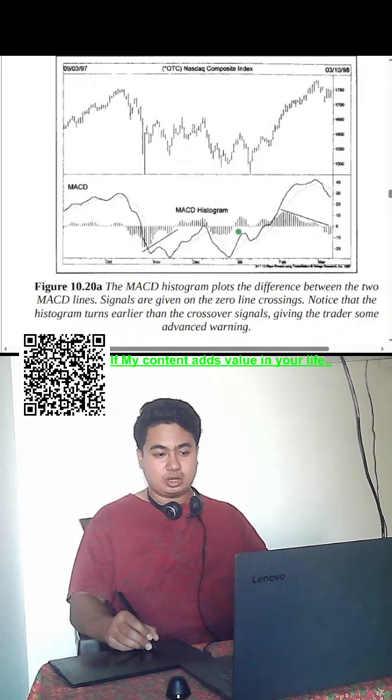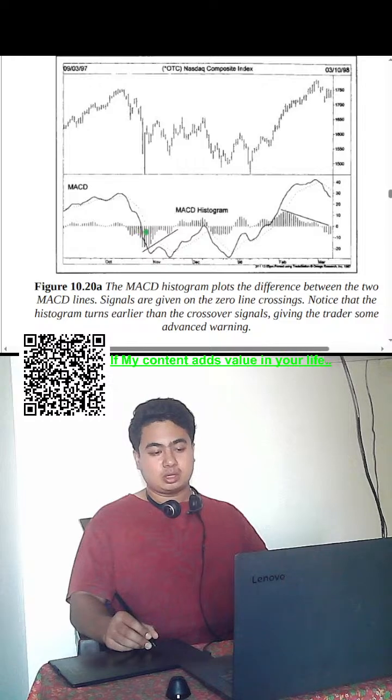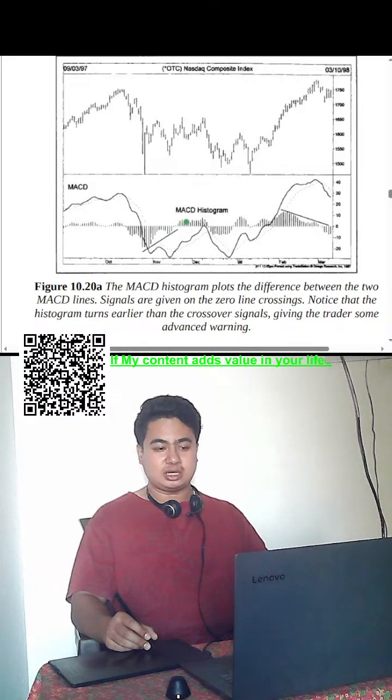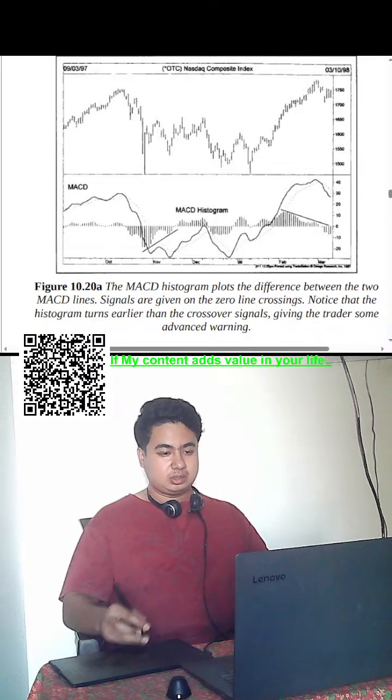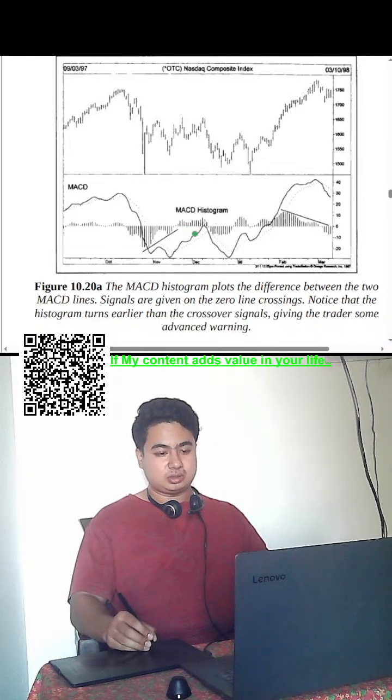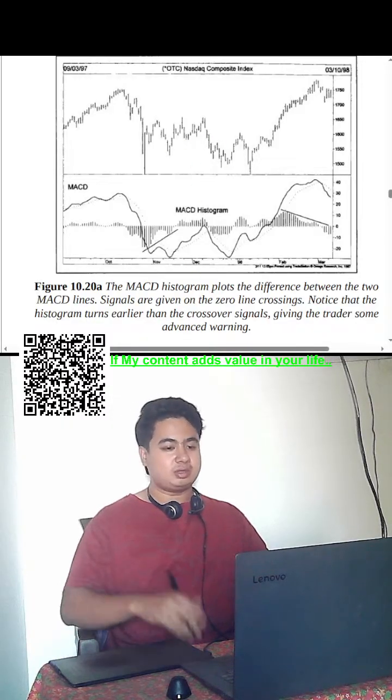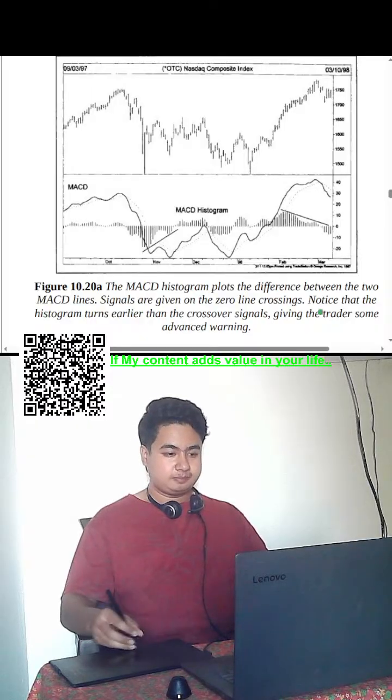So when the zero line crossing will occur, then only you can say okay there is this buy signal or sell signal. So let's say the market was in a downtrend and the MACD is also below the zero line. Now it is coming closer to the zero line and there is this crossing that is taking place. So when the crossing will take place, then you can understand okay the trend is about to change, and then you can initiate the position accordingly, right? It will reflect in a price a little bit later on, so that's the benefit of it, because once it will start reflecting in the price, everyone will behave accordingly. So yeah,